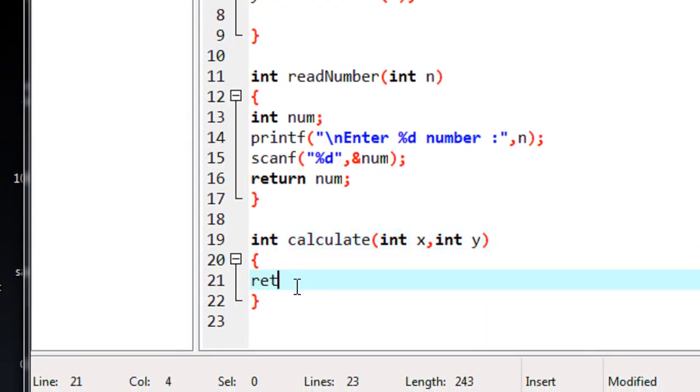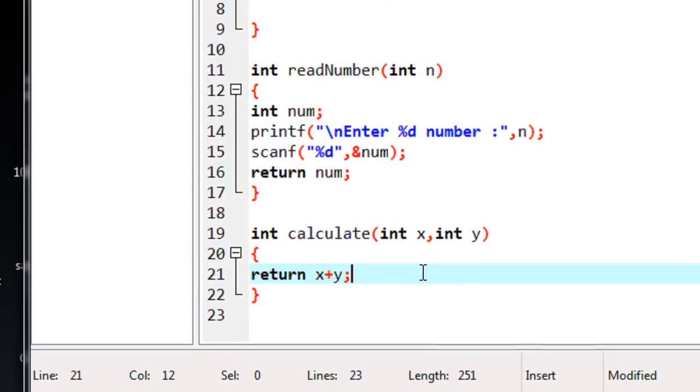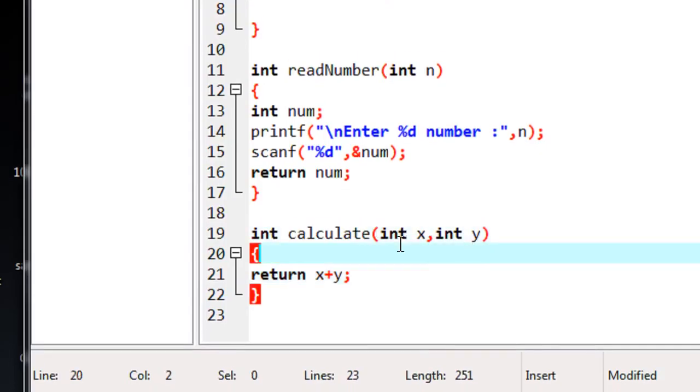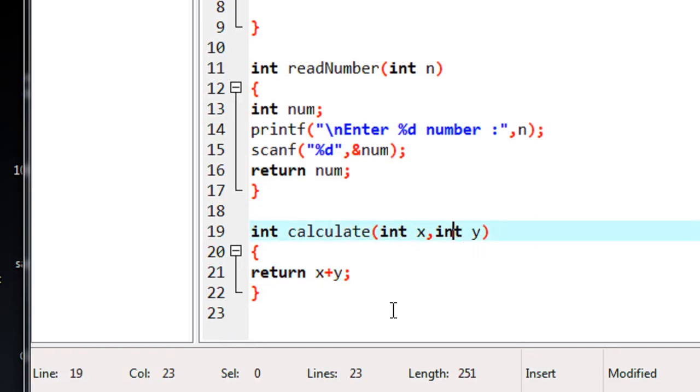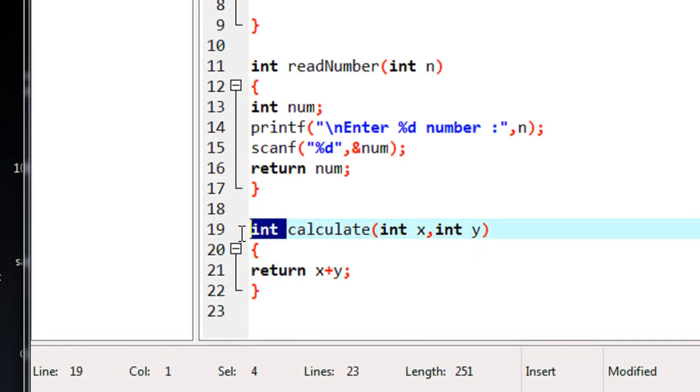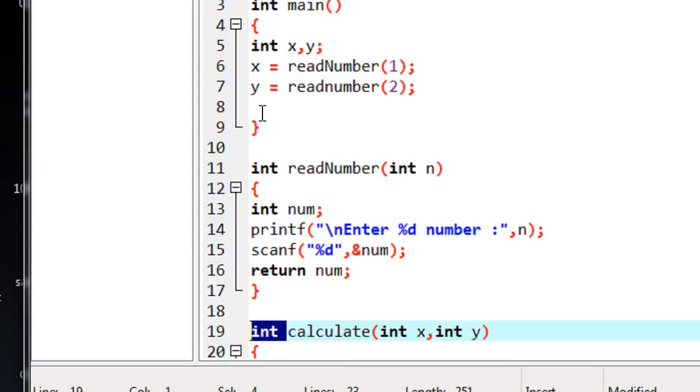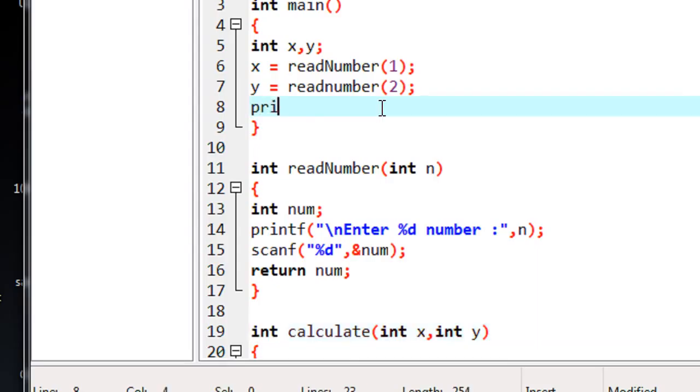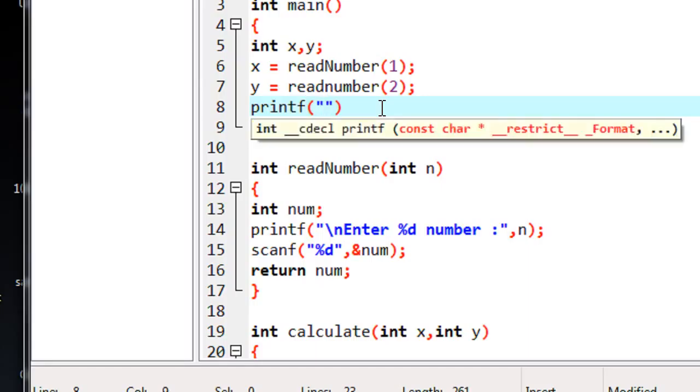So here I use the return statement. Return will return the result of this statement, x plus y. So I have to call this function with two integer values, and I get a result from this function. So here I am going to print that result, printf, put a new line character,